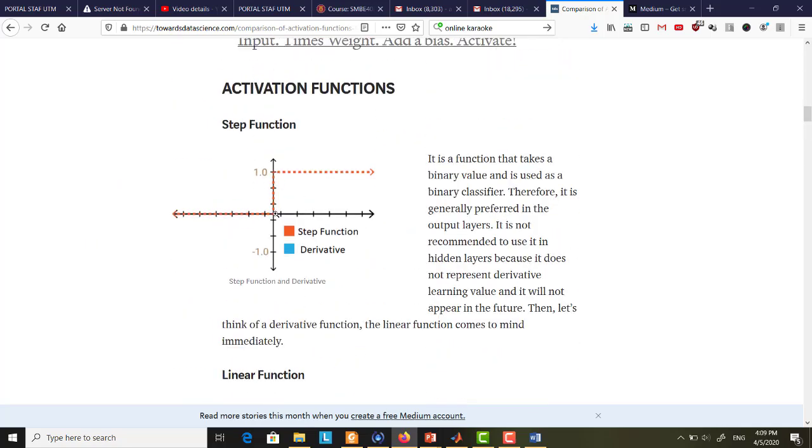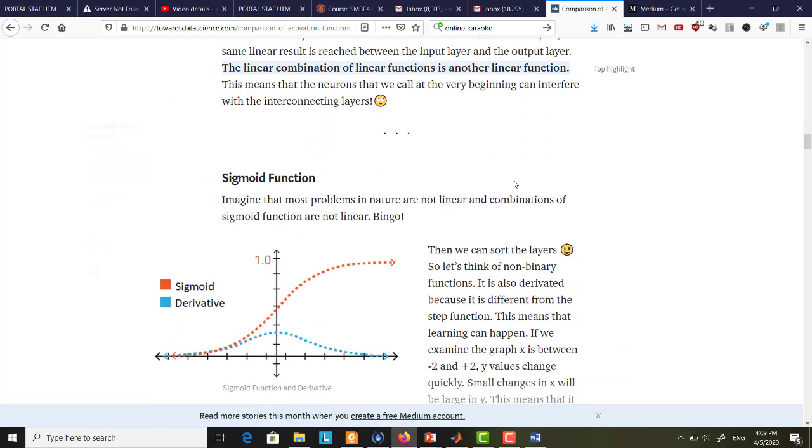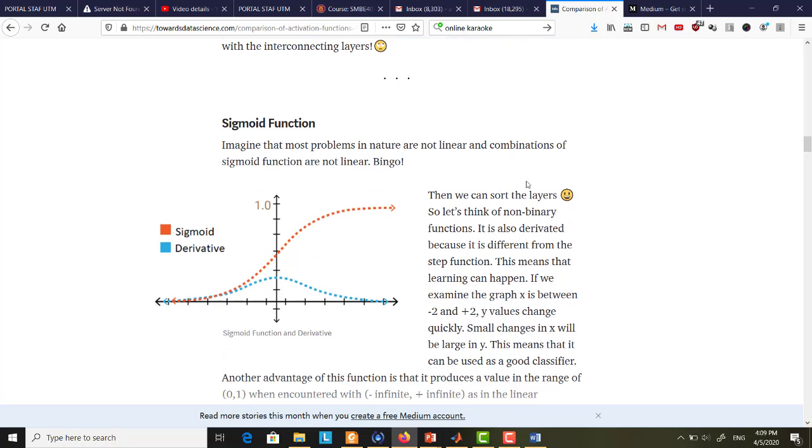The blue line is at this x-axis, so it's always 0. This one is always constant. Then they introduce the sigmoid function. The sigmoid function is a little bit better as compared to the previous one, because you can see